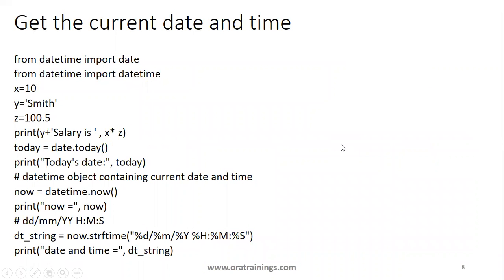Okay, so here if you observe, in this sample, what we are trying to do is get the current date and time. We want to get the current date as well as time. So here, if you observe the first two lines, we provided from datetime import date, from datetime import datetime. So we are trying to import the library from other programs, similar to the Java language or